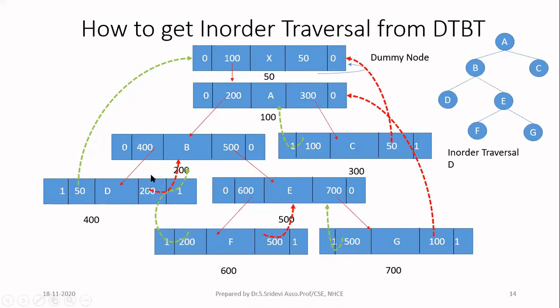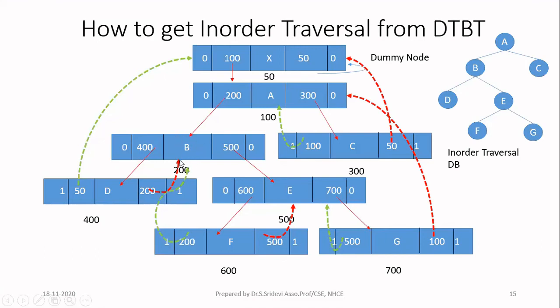So you take the right pointer value, it is 200. Go to that address. Then you see what node is present there. In the address 200, I have B. So that is my in-order successor, and I can immediately print that also. You can see now in the output, I have printed B also. After printing D, I checked the last field, it is 1. It means it is a thread, and that thread contains the address of the in-order successor. I got the address from the right thread, it is 200, I went there and printed the in-order successor.